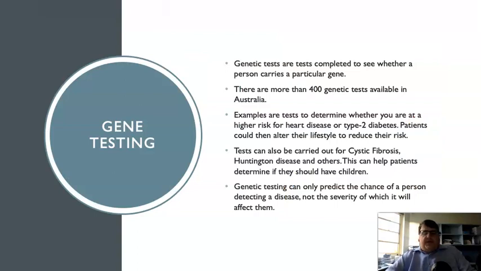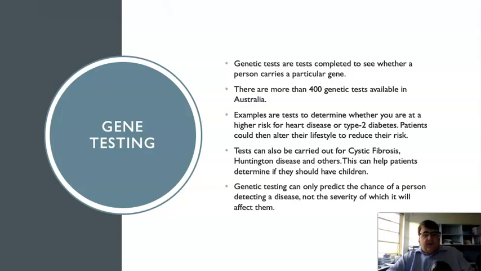Leading on to that, because we now know where certain genes are in the body, we can do something called gene testing, which is basically a test to see whether a person contains a specific gene. In Australia alone, there's more than 400 different genetic tests available to see if people have certain genes in their bodies. So for example, you can see if you're at a high chance of heart disease or type 2 diabetes based